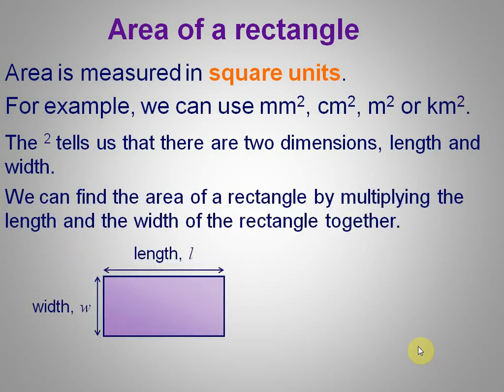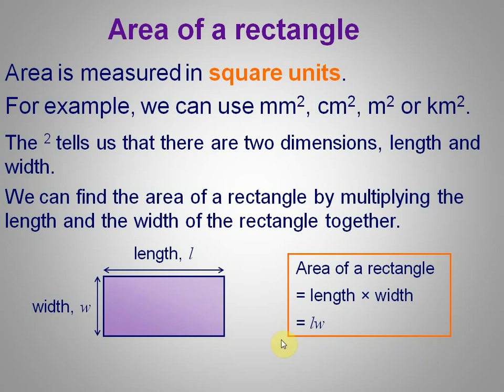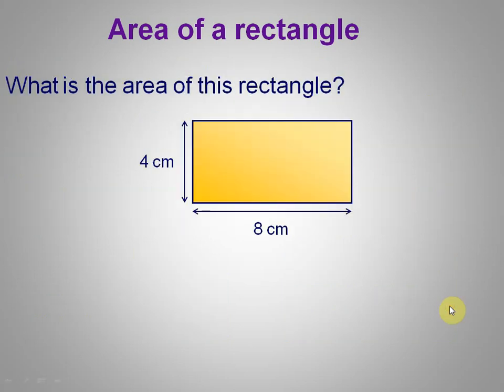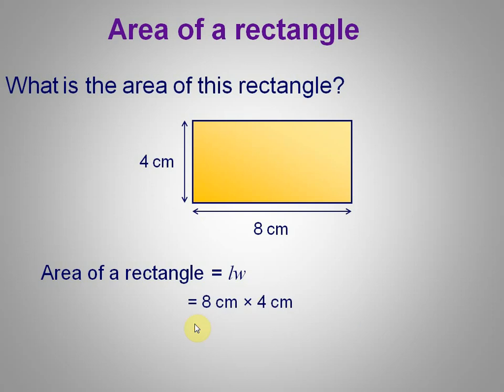So in rectangles or squares, when we multiply both the sides, we get length multiplied by width, with units in square form. Next, moving on to the example: what is the area of this rectangle? You can see that the width of this rectangle is 4 centimeters and the length is 8 centimeters. Write the formula, length multiplied by width, and put in the values 4 centimeters and 8 centimeters. Centimeter multiplied by centimeter becomes centimeter square, and 8 fours are 32.